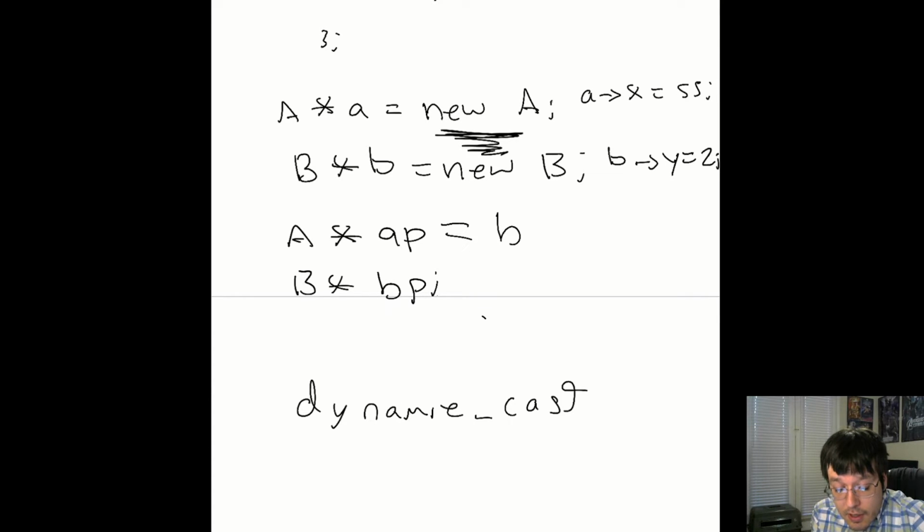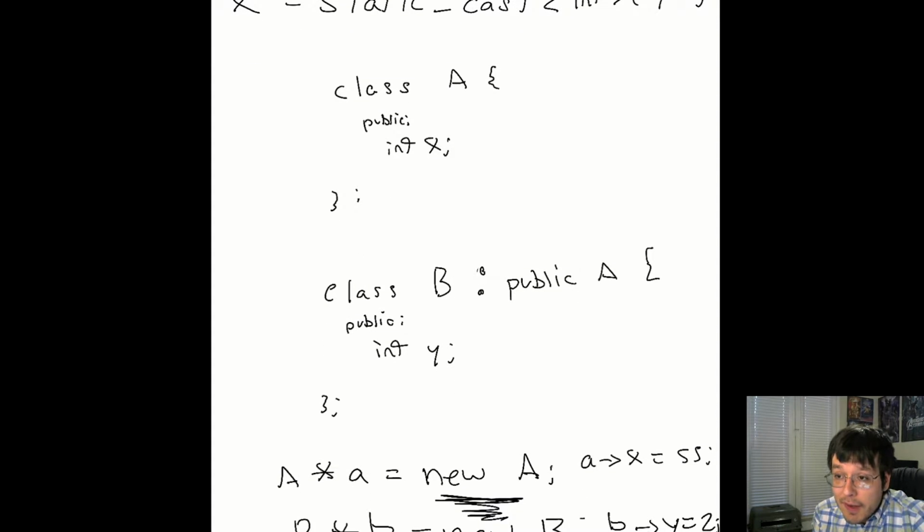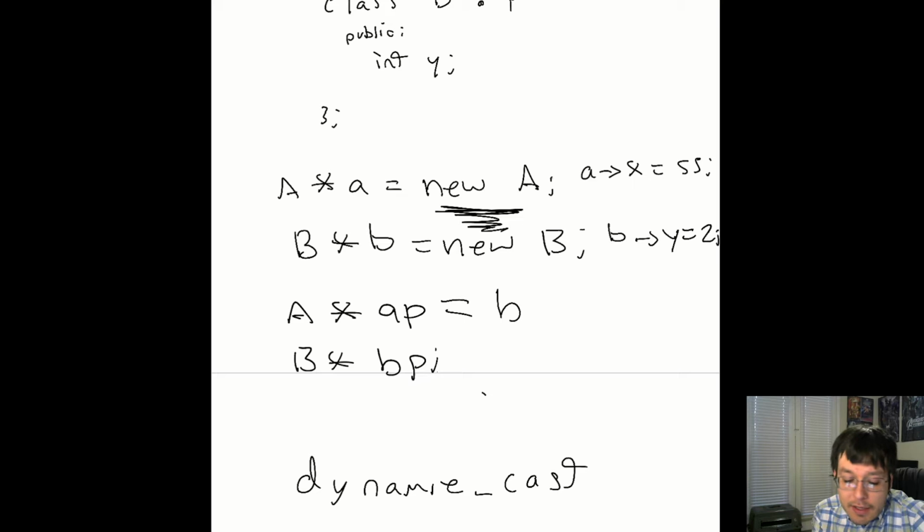If this is really a B object, as it is in this case, B has extra variables that A doesn't have, right? And so we have to be very careful about that, because you don't want to access things that aren't actually yours. While we can guarantee that anything in A is also going to be in B because B has everything from A, we can't do the opposite, right? So if down here we went and said, okay, I'm going to somehow make this point to an A, that's really dangerous, because here's the thing. B has everything from A, so sure, I could go and say something like